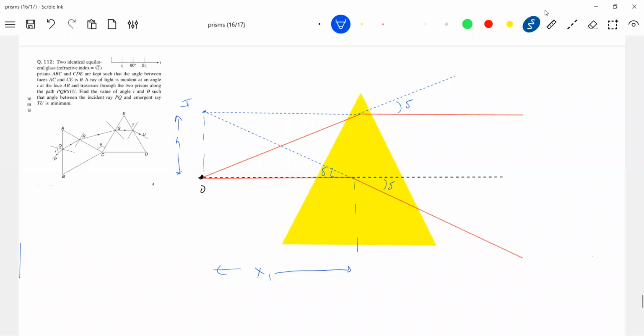Then we know the angle of prism A. So what is the deviation produced by it? Delta equal to mu minus 1 into A. So if you know mu minus 1, and I'll give the distance from the vertex of the prism to the point object, x1. Okay, tan delta, what can we write it as? Tan delta equal to h by x1. So h is equal to x1 into tan delta.